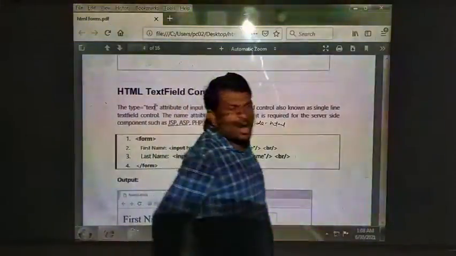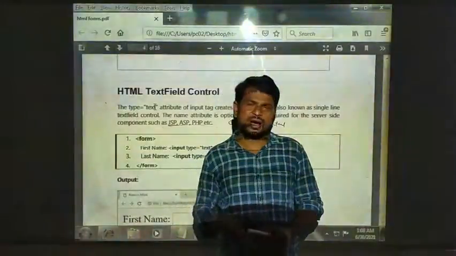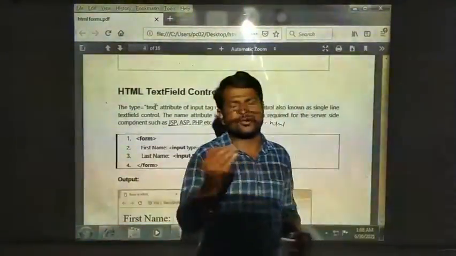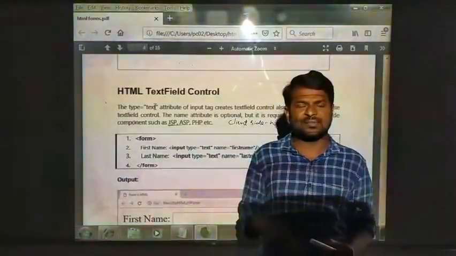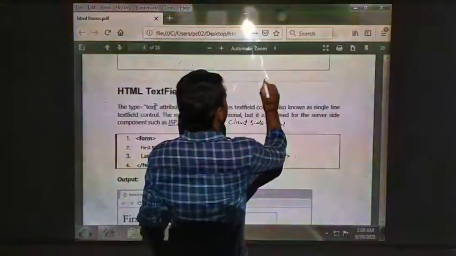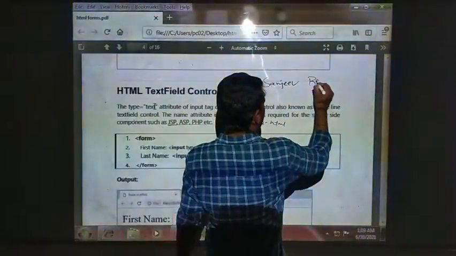See, we all have our own names and our surnames, or the last names we can say. Suppose Sanjeev Reddy. Sanjeev is the first name, Reddy is the last name. Whenever we have a name like Sanjeev Reddy, it is in a single line.